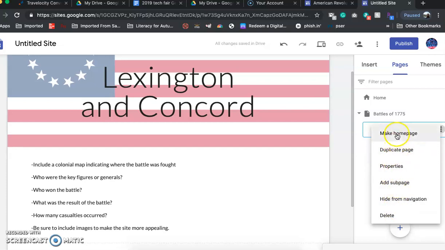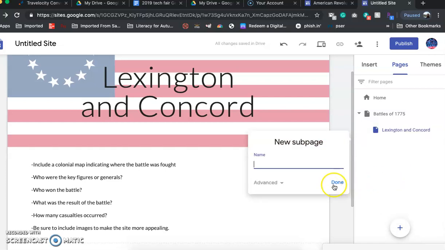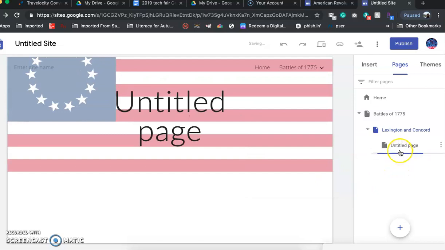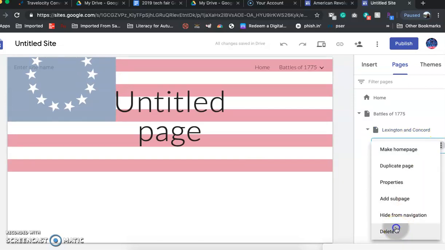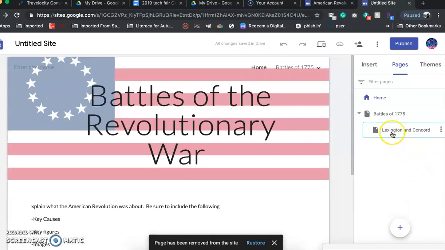add a subpage, make a home page, whatever. I want to add a subpage. Okay, actually, no, I don't. I'm sorry. I did not want to do that. So let me show you how to delete a page. Delete. Okay, so I'm under here